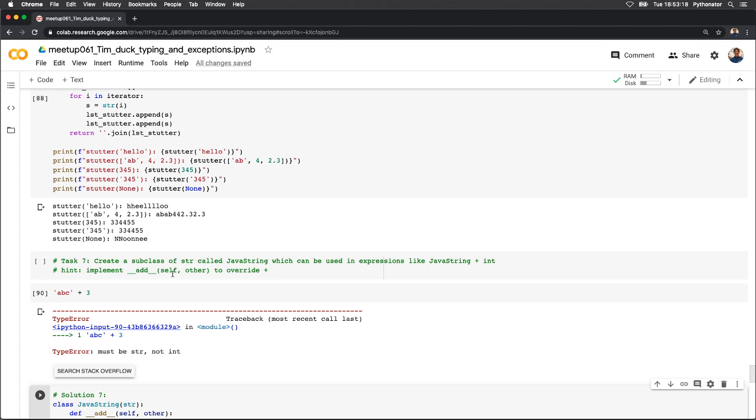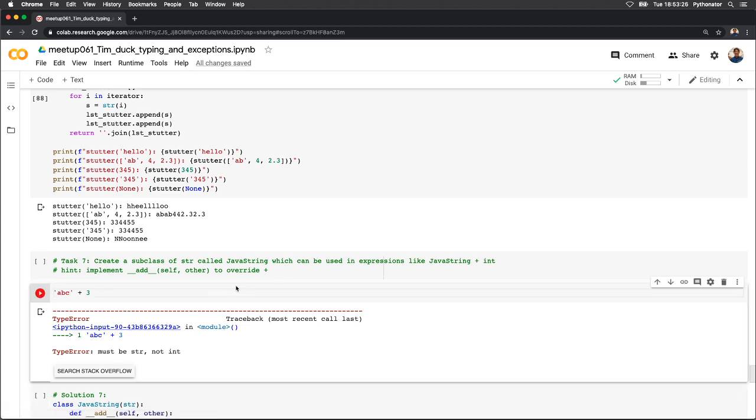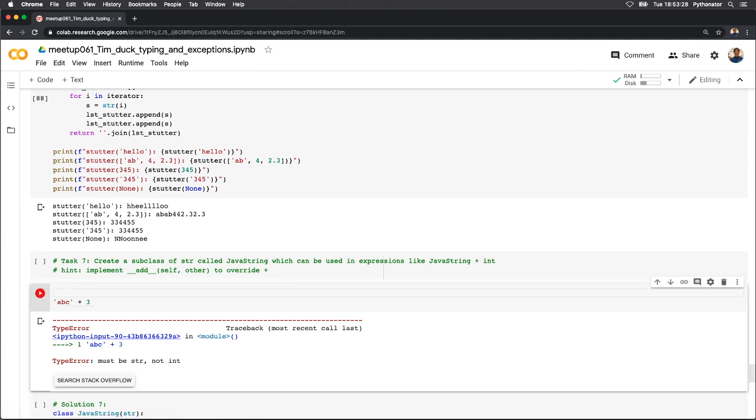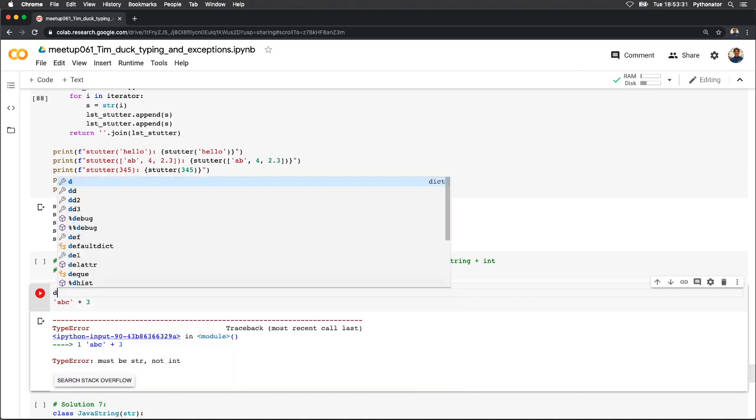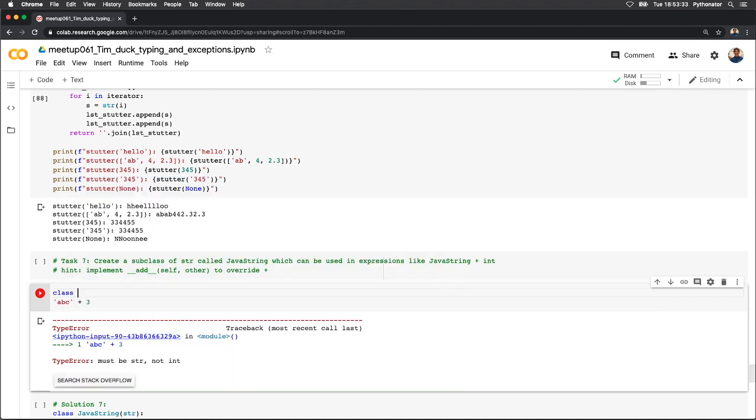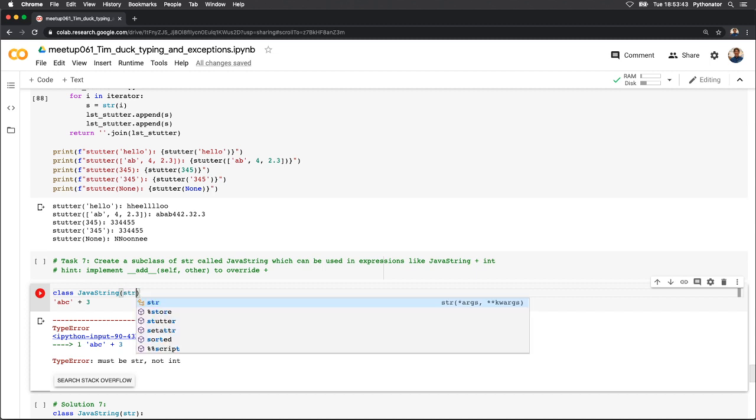So why don't we create our own string class. We'll call it JavaString, and it will have that behavior. So let's see how we would do that. The first thing we want to do is create a class, and we're going to call it JavaString. And that JavaString is going to inherit everything that the string class already has,